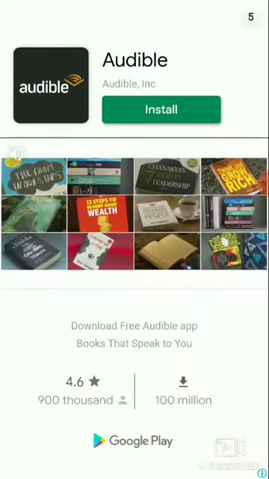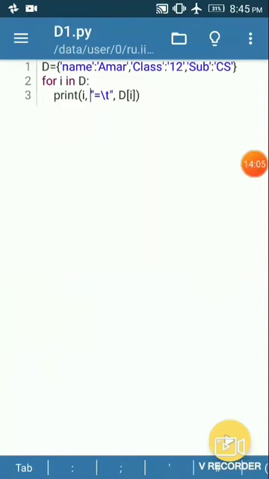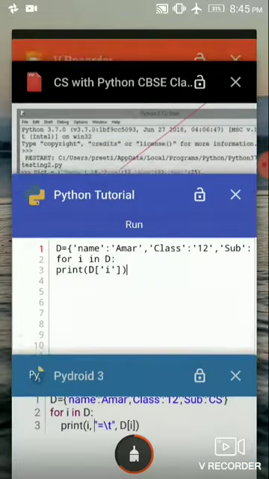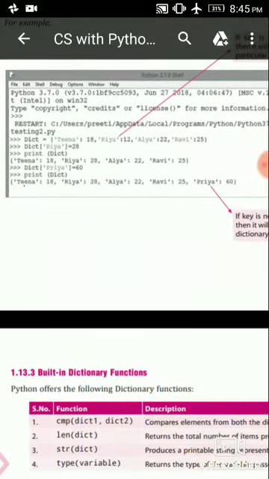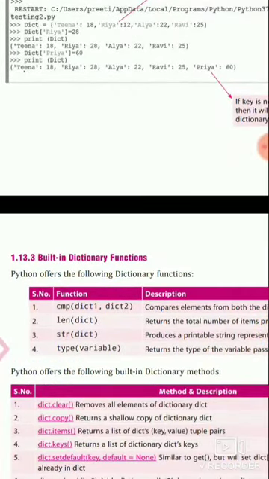Let's go again to the book and understand the next thing, that is built-in dictionary functions.